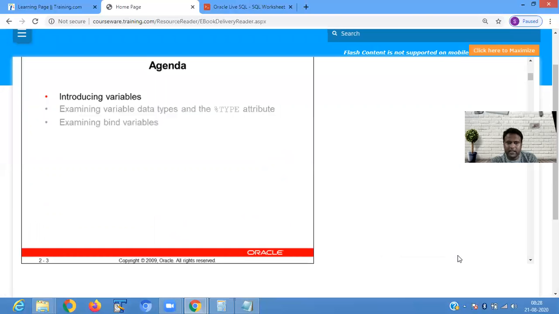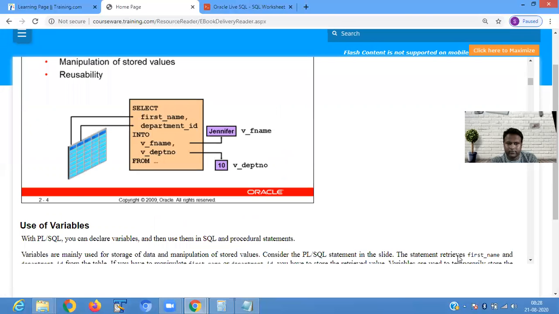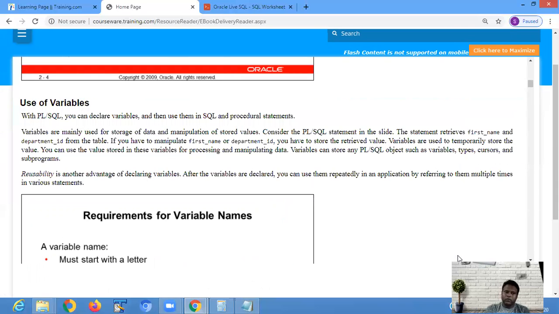Then the second chapter, where we start with introducing a variable. With PL/SQL, you can declare variables and then use them in SQL and procedural statements. Variables are mainly used for the storage of data and manipulating stored values.